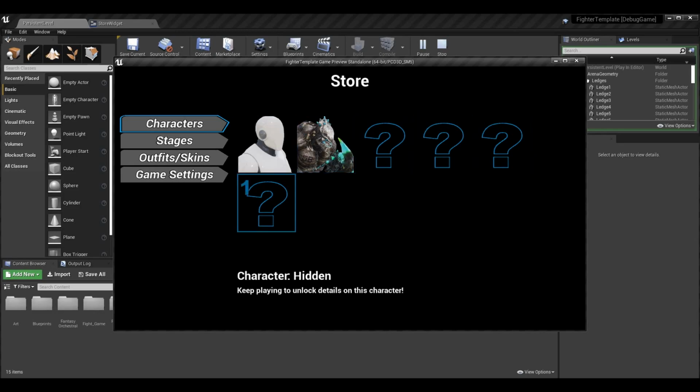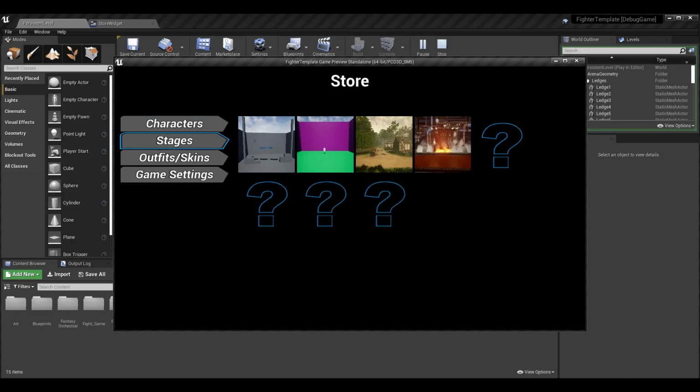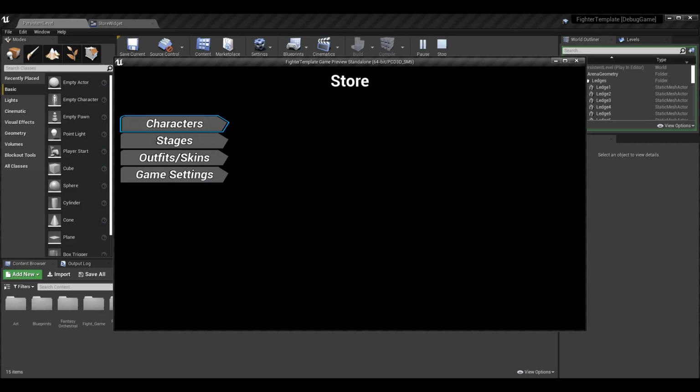And so this time we will be able to navigate up and down on our rows in our Store widget. So as I change categories, I can go between the category buttons, and I can go between the actual items in the store. As we navigate through the items in the store, the text down below the items for the name of the item and the description of the item populates, and I can also move up and down the rows freely. So I can have full navigation for my widget